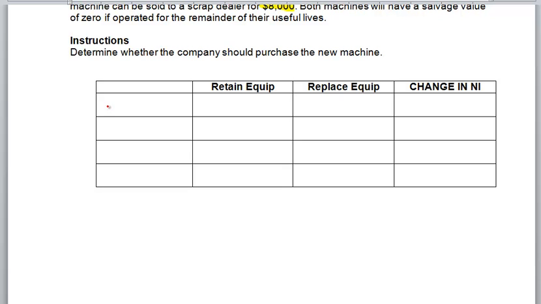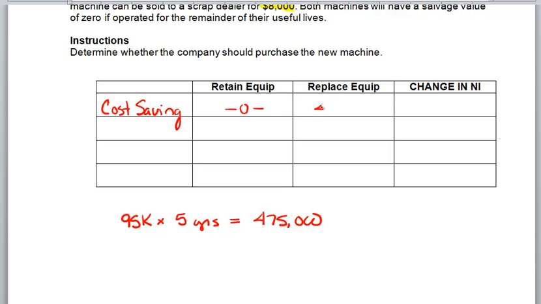So the first thing we want to be thinking about is, do we have any cost savings for operations? Well, if we retain the old equipment, there would be no cost savings. We would be incurring the same net income. On the new piece of equipment, there was an annual cost savings of $95,000 per year times 5 years. So that gives us $475,000. And that truly is a cost savings, so that would increase our net income, remember, in the future, over those 5 years